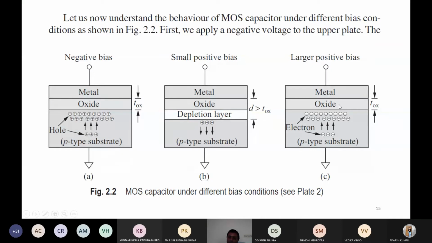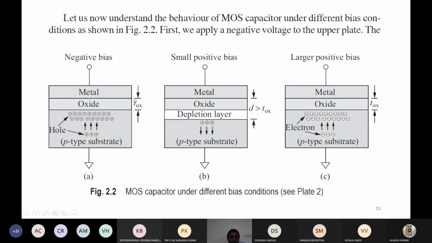We can see that electrons are going there, and here we have seen that holes are going down because of positive charges; holes are repelled. Holes are not shown here, but we are showing electrons only, because this positive charge will attract the electrons. So all minority charge carriers, if sufficient voltage is applied, will be accumulated underneath the oxide, and in this way the channel will be formed. And here is TOX, the oxide thickness.